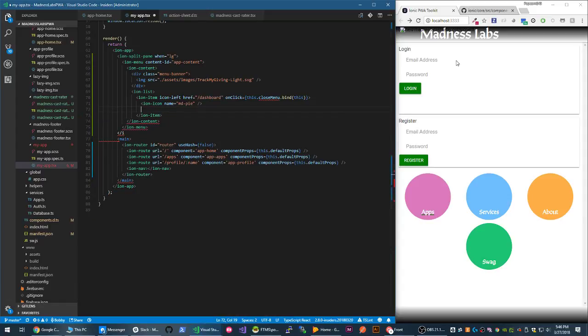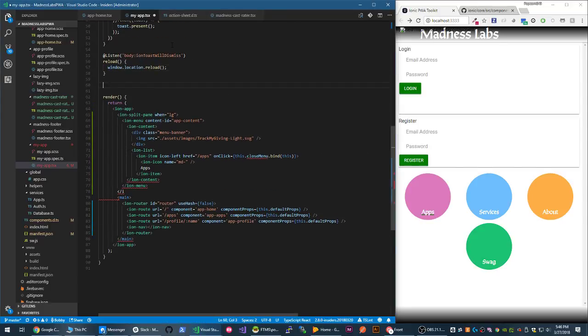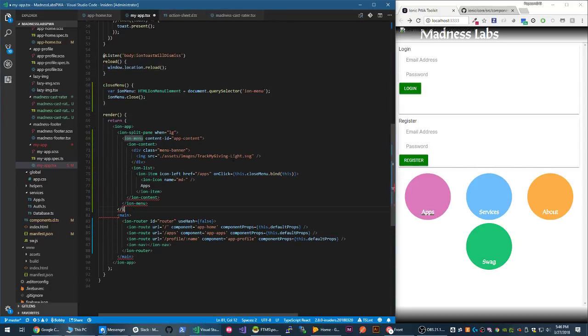Let's call this one apps, and we will link this to apps, and on click, close menu bind. So let's get a close menu function here. Okay, and Ion split pane. Okay, so, on app, Ion menu, Ion content,